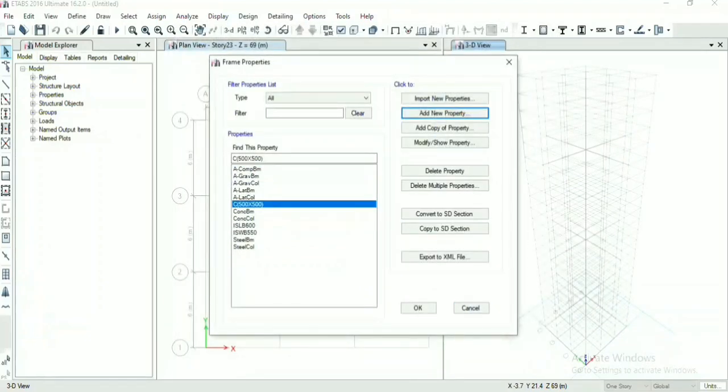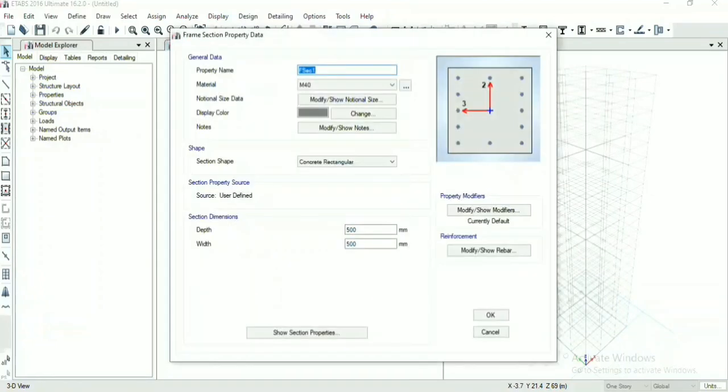Now as the material is the same, add copy of property. Name it as C, 550 into 550. All things are the same.